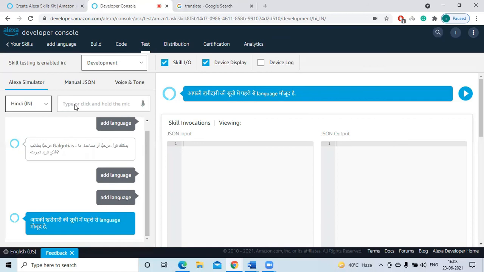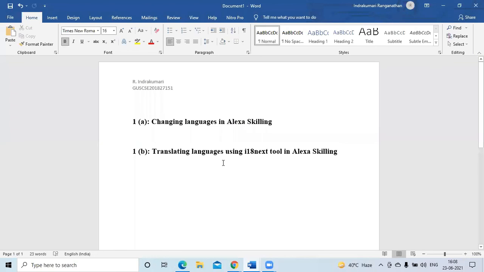The backend Italian code will be changed to the Hindi language automatically. No need to copy, paste, or translate the language and paste it in the backend code. So the limitation is that every time we have to change the backend code in the corresponding languages. To overcome this limitation, we are going to see how to add the translator i18next tool in Alexa.